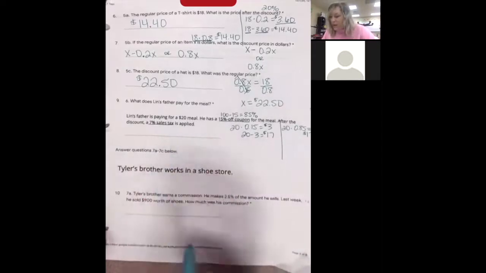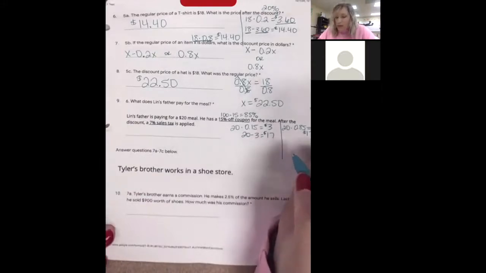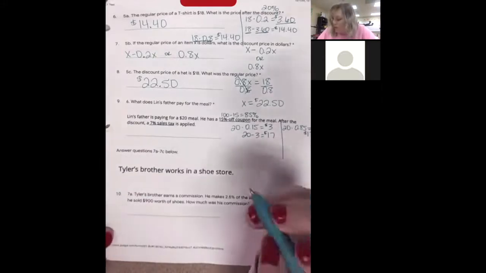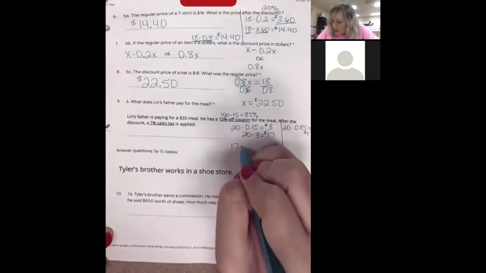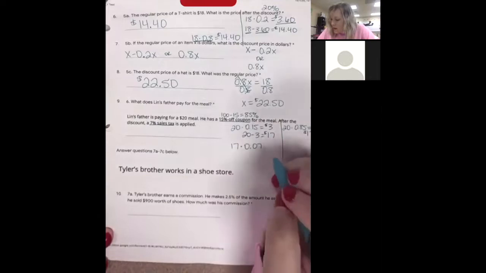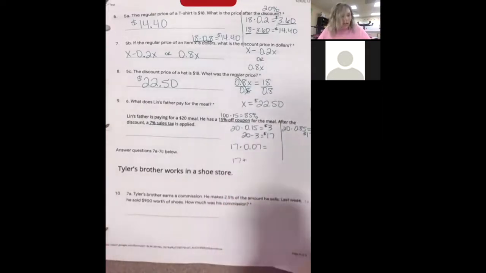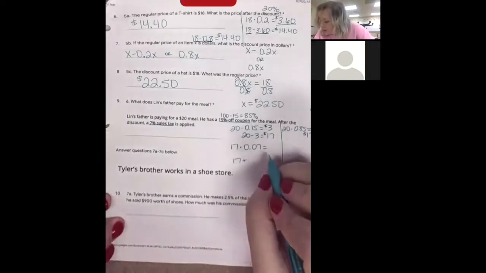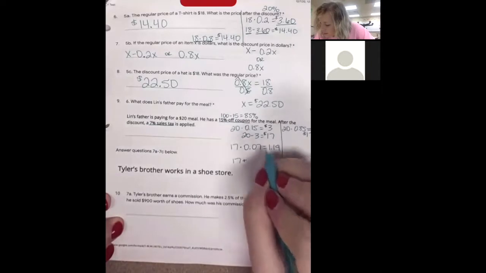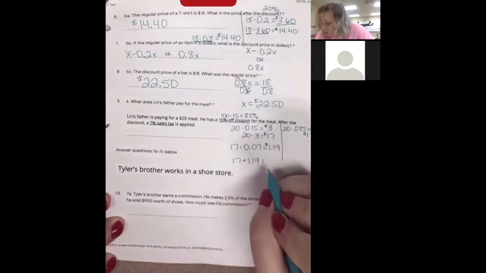So we need to find what 7% of that is. So we know that $17 is our 100% now. So $17 times 7%. But then we have to go back and add that answer to 17. So 7% of $17 is $1.19, which gives us